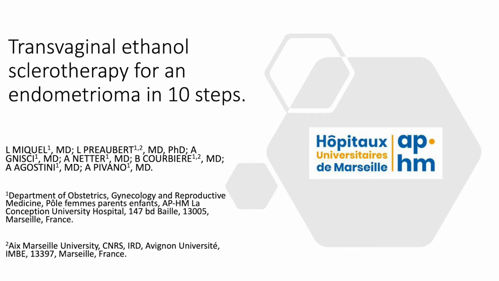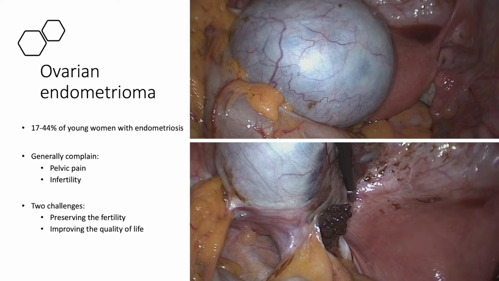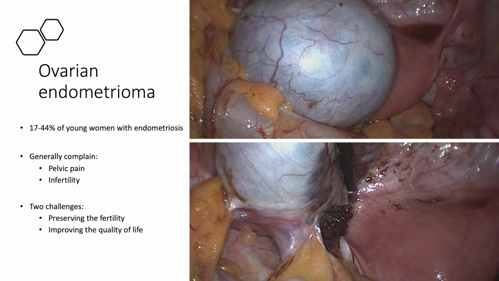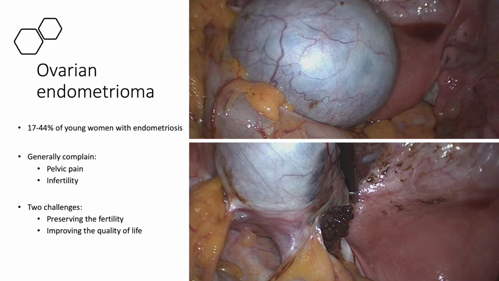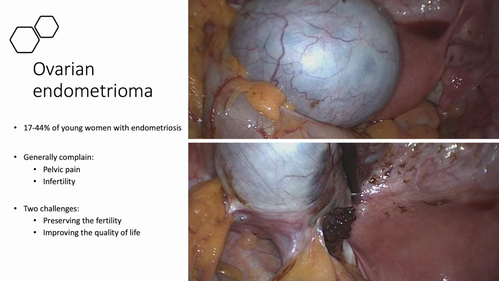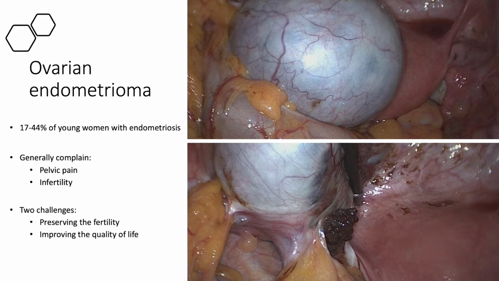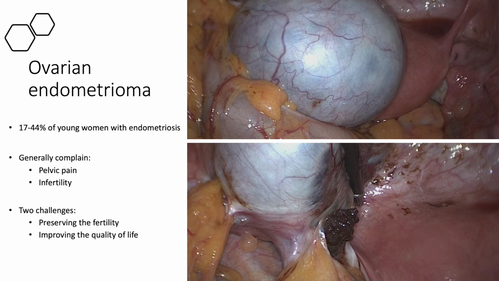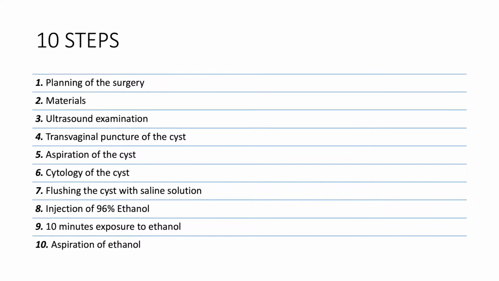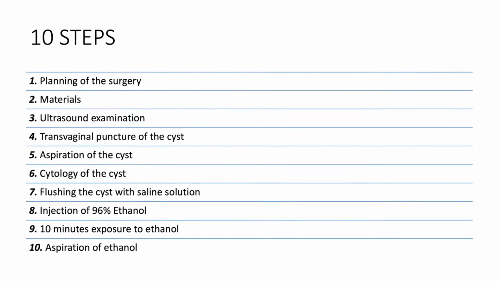Transvaginal ethanol sclerotherapy for endometrioma in 10 steps. Endometriomas occur in 17 to 44% of young women with endometriosis who generally complain about pelvic pain or infertility. In this situation, the surgeon has to face two challenges: preserving the fertility while improving the quality of life. The aim of this video is to promote this technique through 10 steps in order to make it more accessible